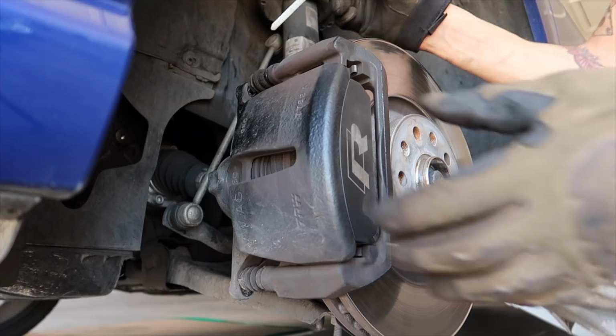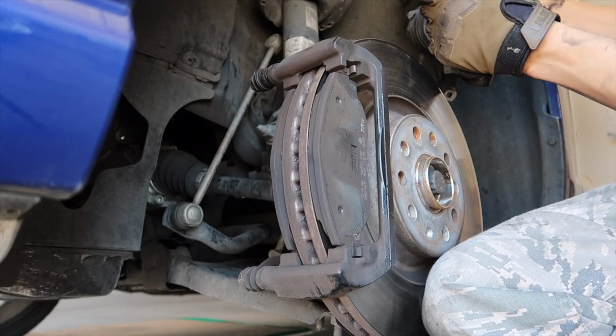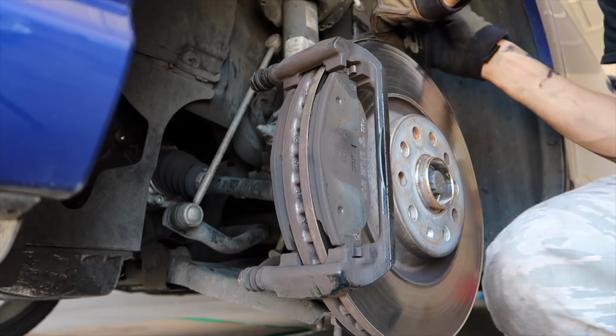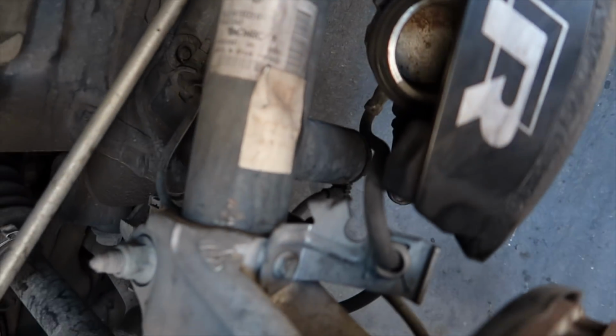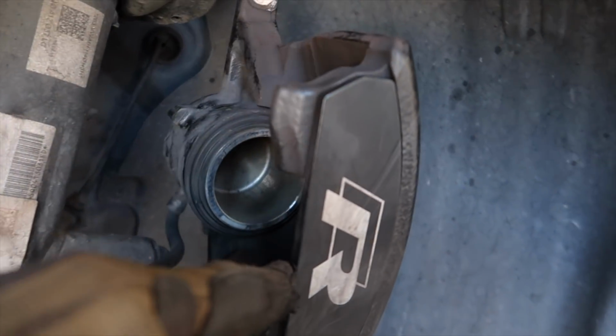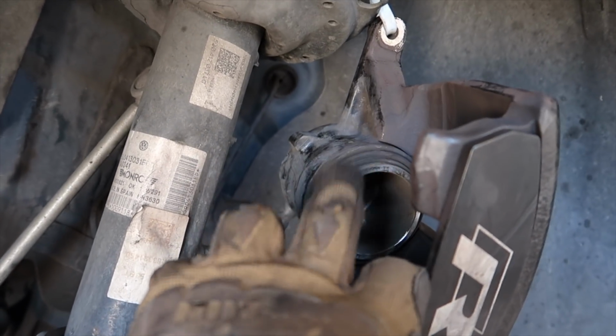Alright, I'll do here. Pop this baby off. Yep, zip tie it through the bottom. So in doing this, you definitely want to keep the pressure off of the brake line here. That's why I'm hanging it up, that way there's no tension on it. And we'll push this in last. That's the caliper